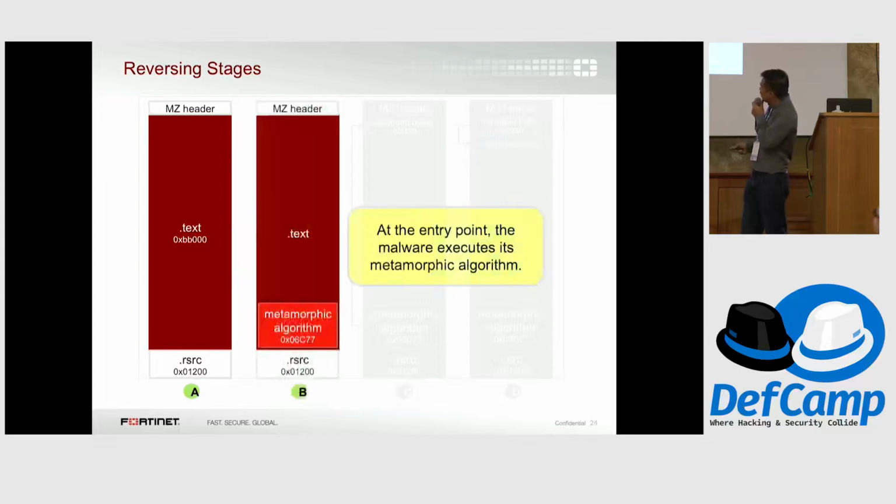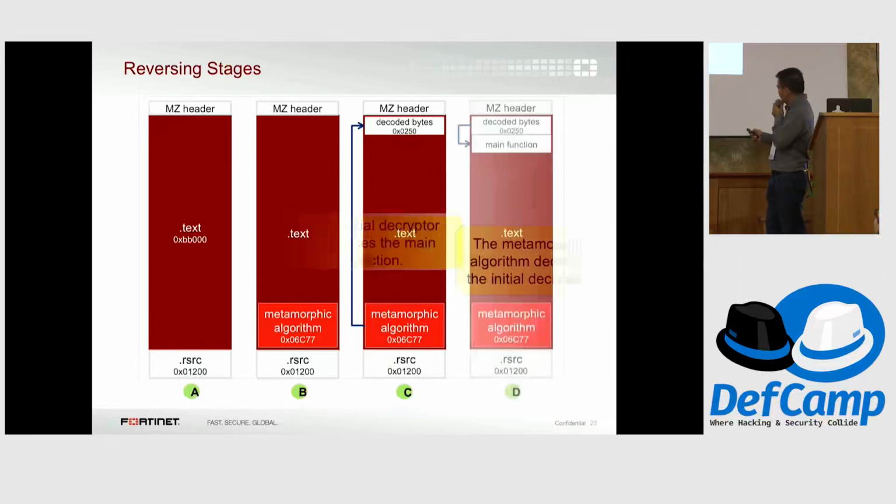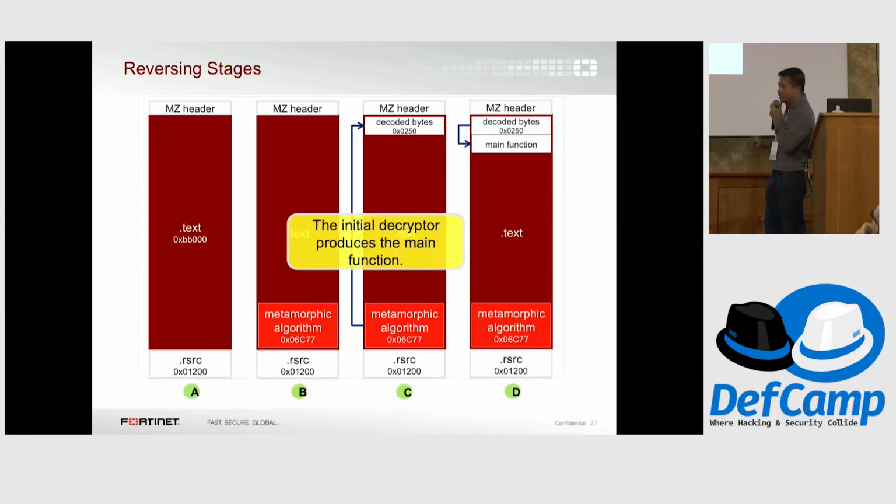Then in step 2, you run the metamorphic algorithm to decrypt some area in the text. For the next step, this metamorphic algorithm just created the decoded bytes. You run the decoded bytes,